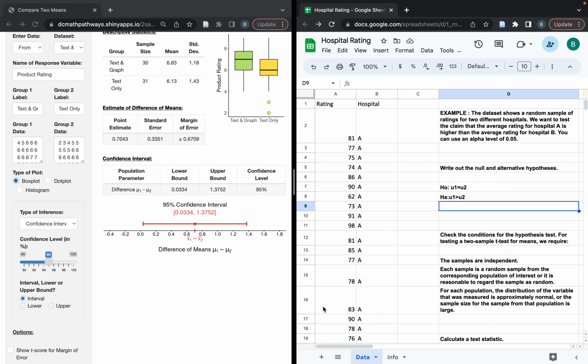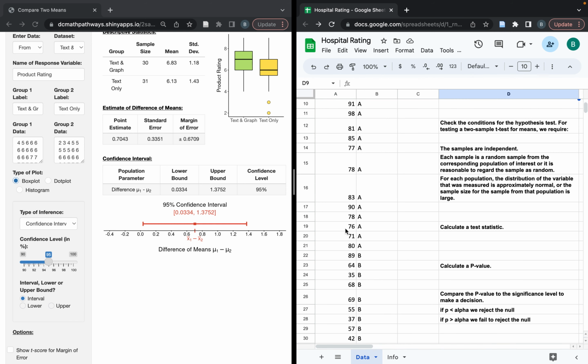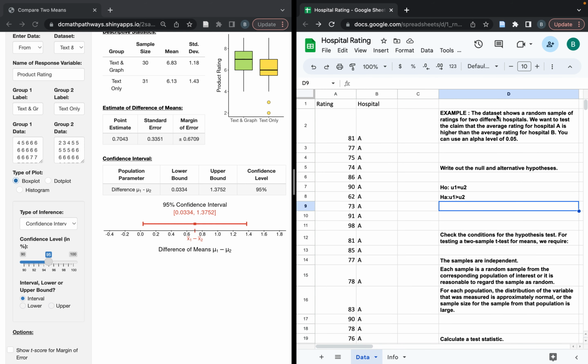To go over how to do a two-sample t-test when given a data set. So we have that the data set shows a random sample of ratings for two different hospitals. You can see here's hospital A, and if you scroll down, we get to hospital B. We want to test the claim that the average rating for hospital A is higher than the average rating for